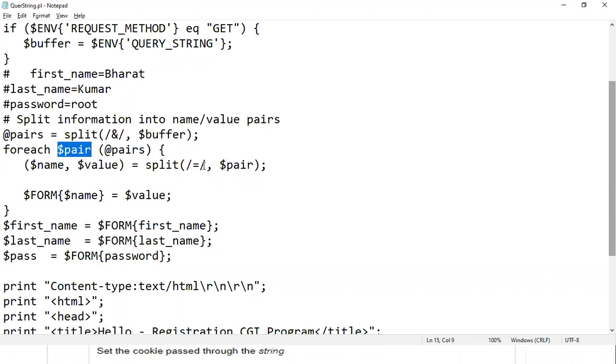For this pair we'll split using the equals sign, so two values we will get, one is name and another is Bharat. Once we get the name as the key and Bharat as a value, or Ashwini or Harshita, whatever you can consider, we store that in a hash.